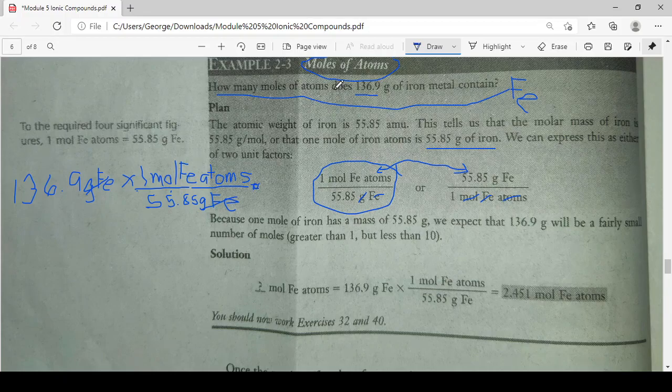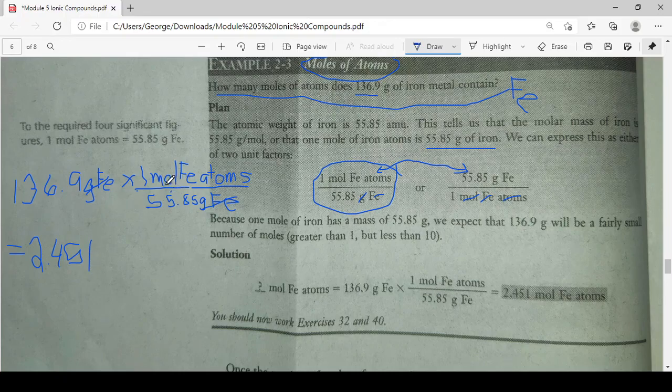Alright, and lastly, solve. Again, everything on top, kids, you multiply, and everything at the bottom, divide. So, according to our MDAS law, we do multiplication first. So, 136.9 times 1 mole is still 136.9. Divided by 55.85 grams of your Fe, you are left with 2.451